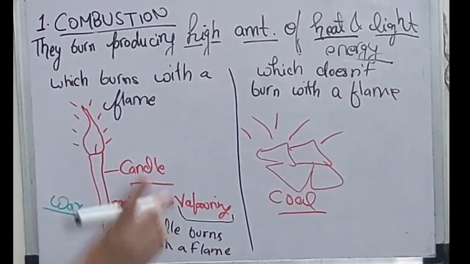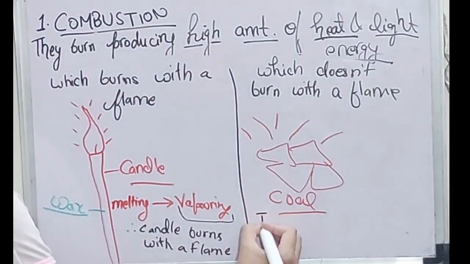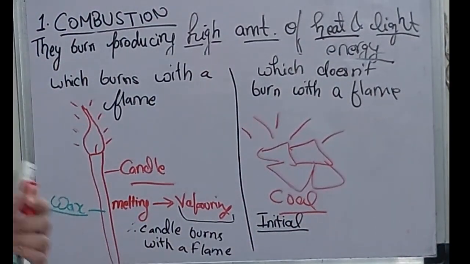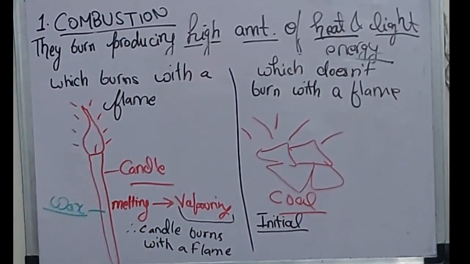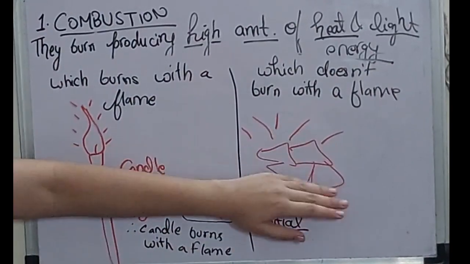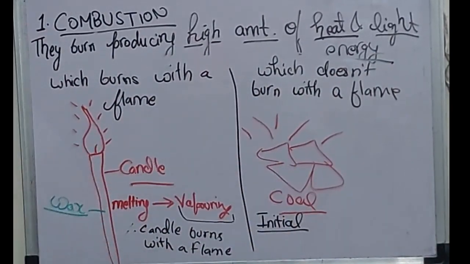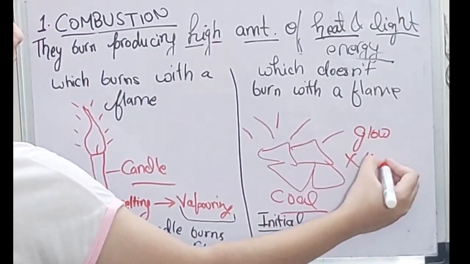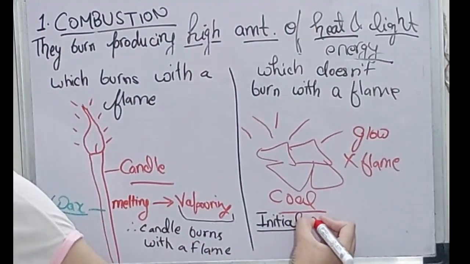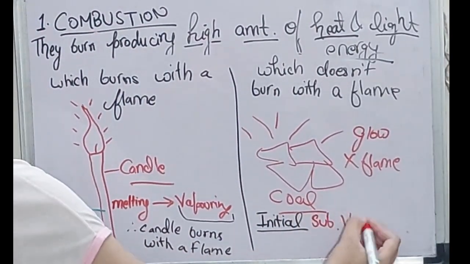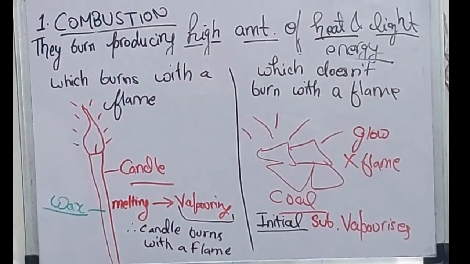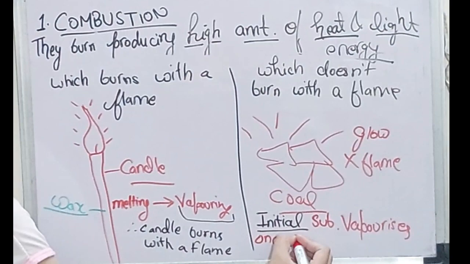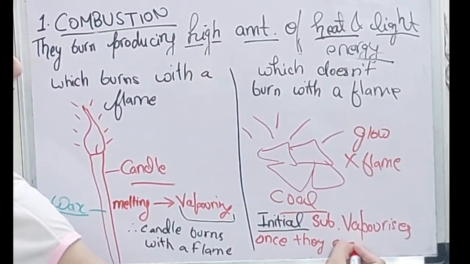But ये coal जो है, coal also in initial stage starts burning with a flame. जब आप जैसे कोल लिया, जैसे ही आप जलाओगे उस समय फ्लेम के साथ जलेगा फॉर अ वेरी लेस मोमेंट ऑफ टाइम, बट थोड़ी देर बाद वो बस जलेगा, थोड़ा सा ग्लो करेगा, बट नॉट फ्लेम। ग्लो कर रहा है बट फ्लेम नहीं है। So it is because इनिशियल स्टेज में सब्सटेंस वेपराइजेस, कुछ सब्सटेंसेस होते हैं जो वेपराइज करते हैं इन इनिशियल स्टेज।